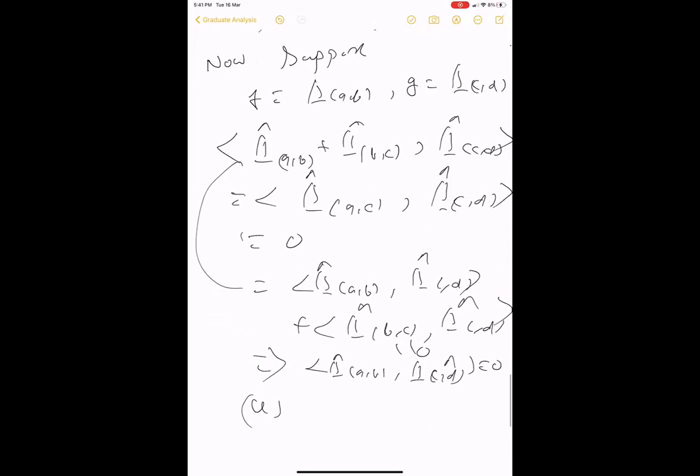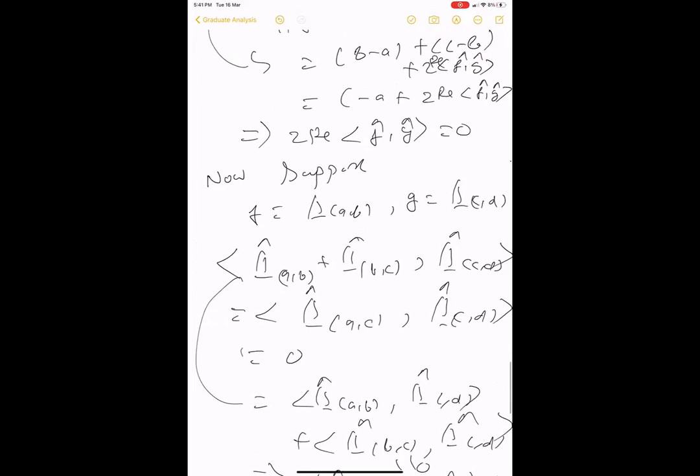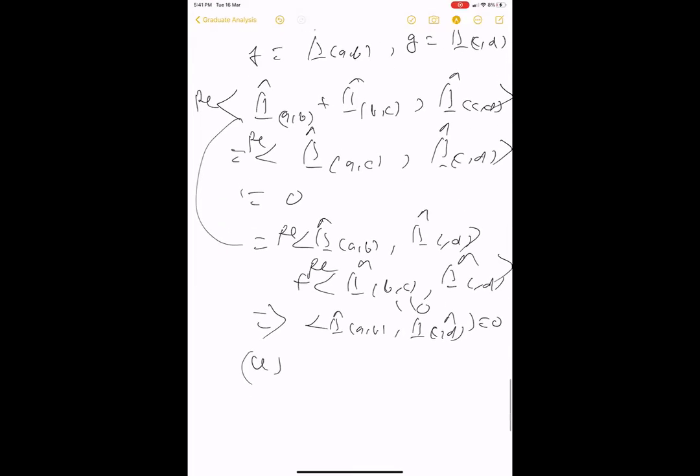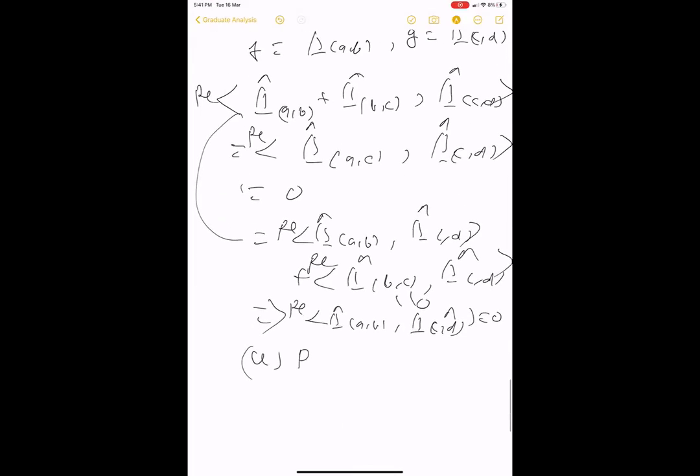Sorry, we have proved only the real part is 0. I'm sorry, this is just the real part. We have only proved the real part, everywhere real part. So we have proved that the real part of f g,